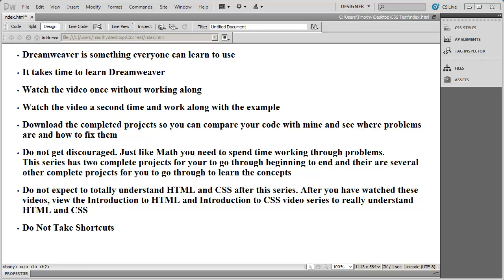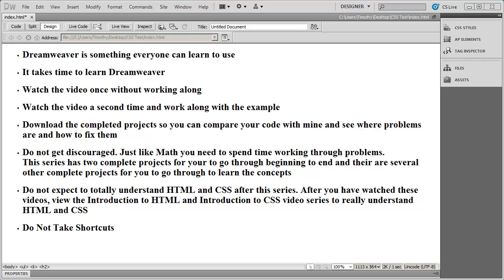The other thing that I would recommend that you never do is please don't try and take any shortcuts. There are lots of websites out there that will tell you all sorts of little shortcuts and fancy little tricks, which is fine in a lot of cases when you really know what you're doing. Shortcuts can speed up the process for you. But when you're just learning Dreamweaver, it's best to sort of follow a standard formula for building websites and not to take any shortcuts. Work through the material, and I think that you'll find once you get through the 2